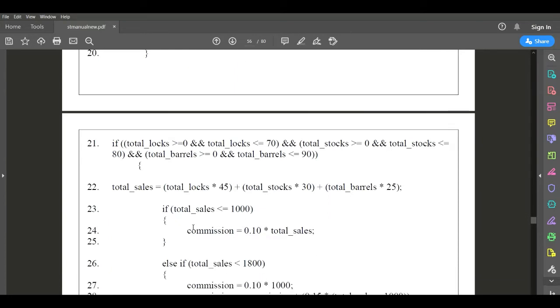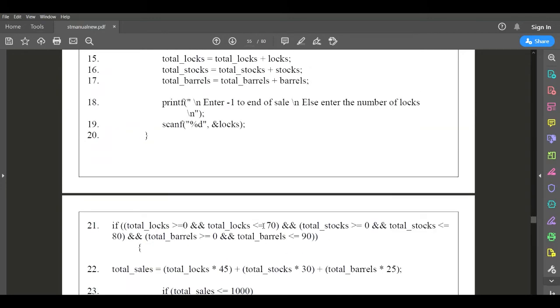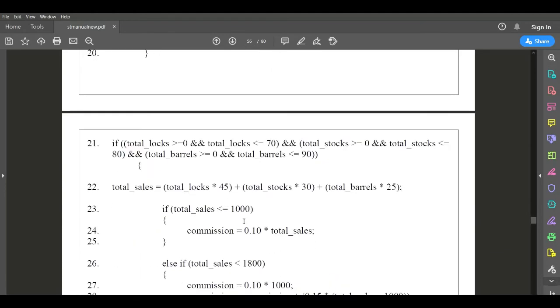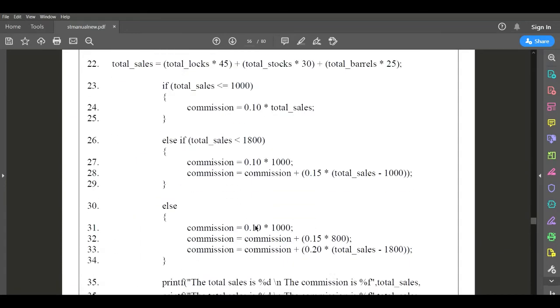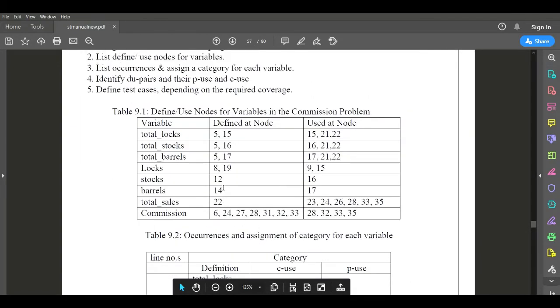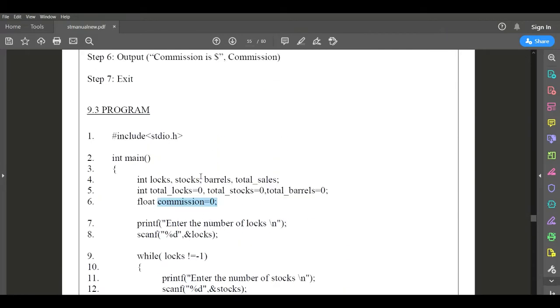Here once again it is redefined, correct? Therefore we are not using the value. It is not required to initialize commission with 0 over here. So line number 6 it is defined, correct?